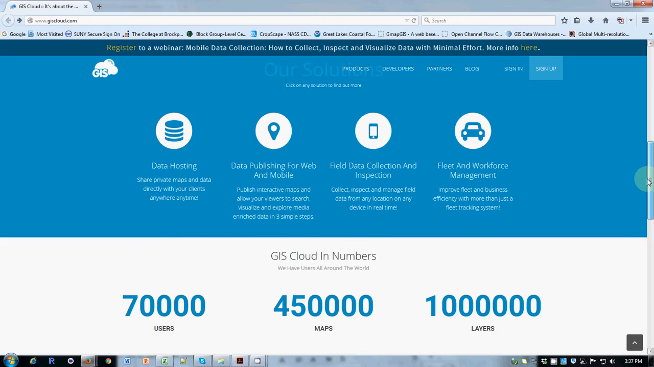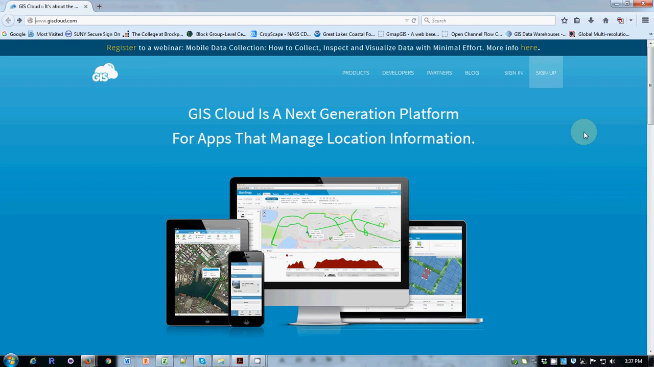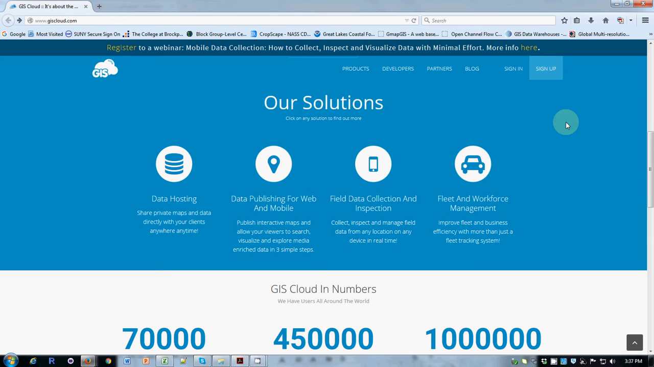I have found it reasonably easy to work with. It has 70,000 users and hundreds of thousands of maps and millions of layers. There are millions and millions sold, like McDonald's used to have on their signs. GIS Cloud provides all of the capabilities that we have gotten used to using around a web GIS, including